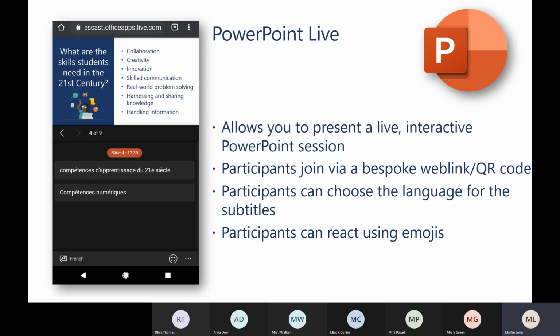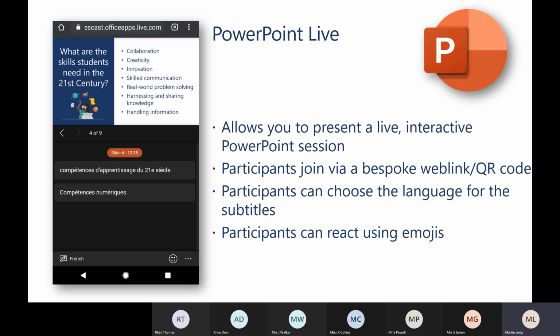PowerPoint Live is another great feature. So PowerPoint Live works with Translator, that we'll look at the end of this session. But what you can get are subtitles which go underneath the PowerPoint slides. So if you are presenting a PowerPoint and you're talking in English, the pupils can have Translator enabled, and they can get subtitles like it is under their slide 4. You can see that it's coming up there, and the French is appearing underneath the English slide. And if the French speaking pupil is looking at that, all of a sudden they're getting subtitles in their language,